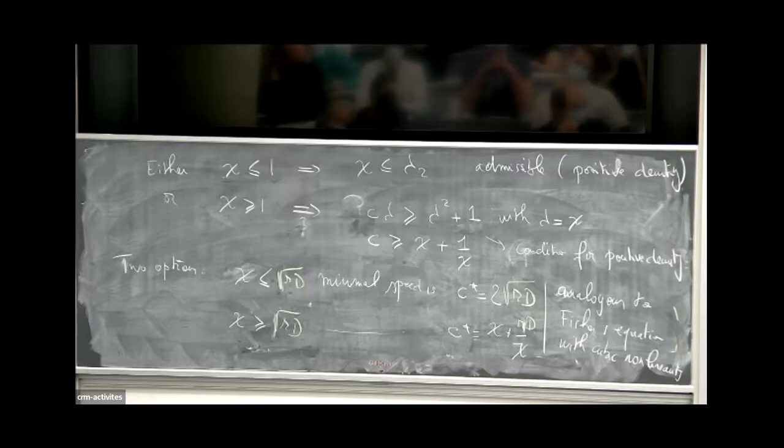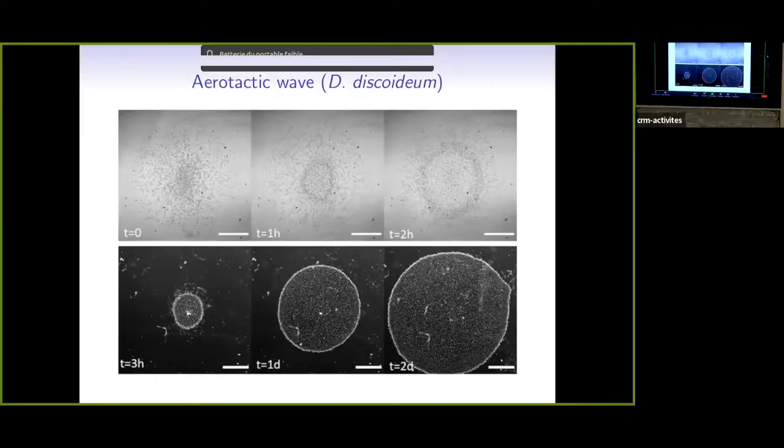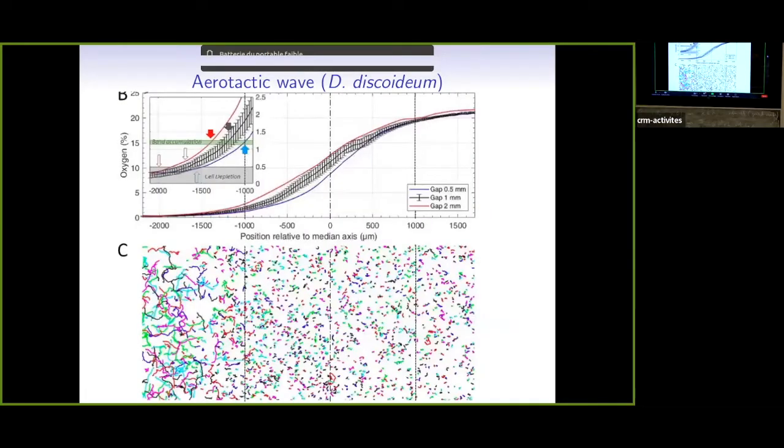Okay, and now, to conclude, I will show you a few pictures. Here you see the experiment from the top. You have the initial cloud of cells, and you see after some time, I will show you the video, that some ring is forming and expanding. And then you see after 2 days, you really have a very large amount of cells in the middle, and the ring is continuing to expand. This is an introduction to tomorrow's lecture,